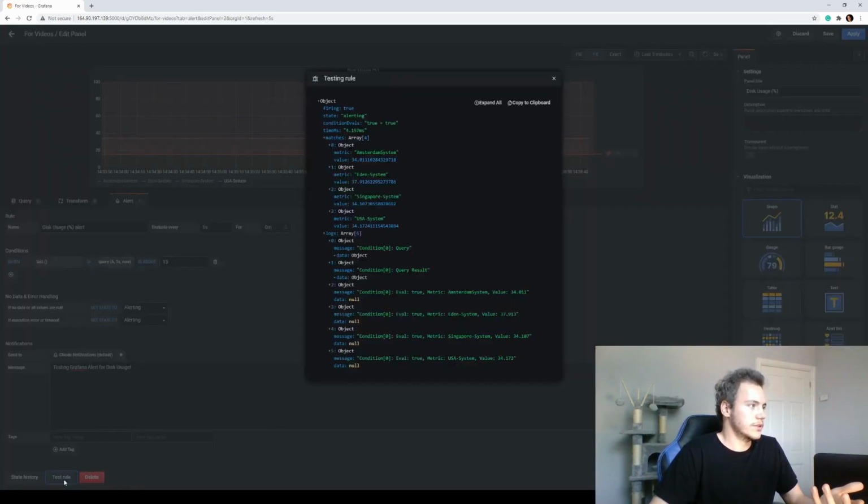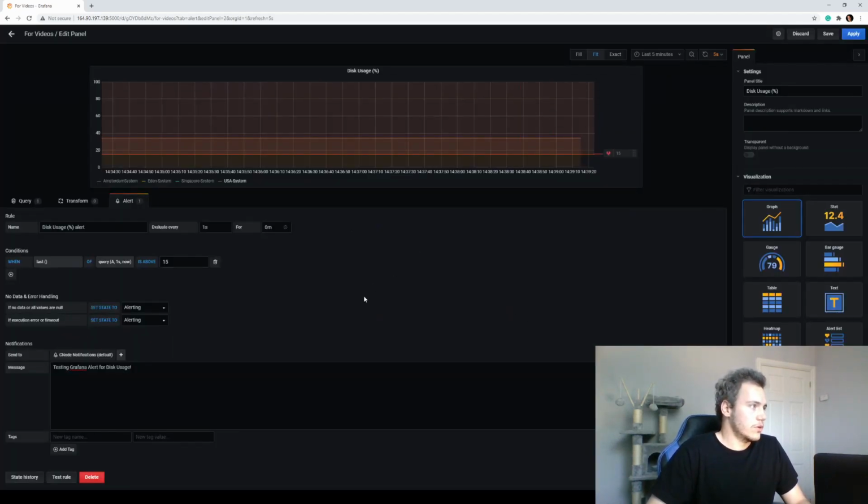You can click the test rule here to see which systems at the moment pass or fail the alert. If it's true, it means the alert will be triggered. So this right now is true for every one of my servers, because the disk usage is above 15% on all of them, and you can see what it is. It's between 30 and 40. So let's say that this works, and now if we apply that,